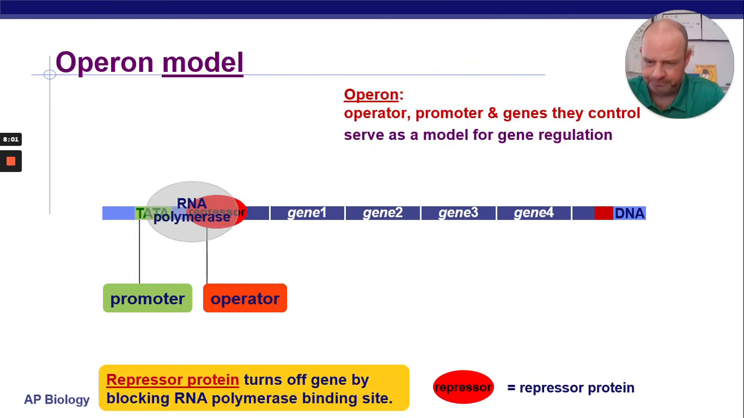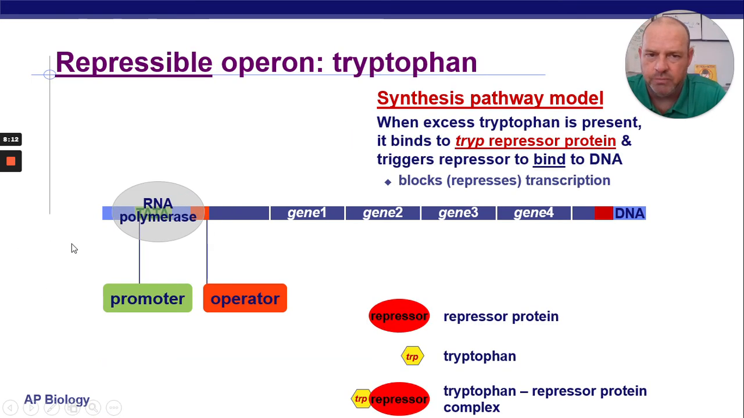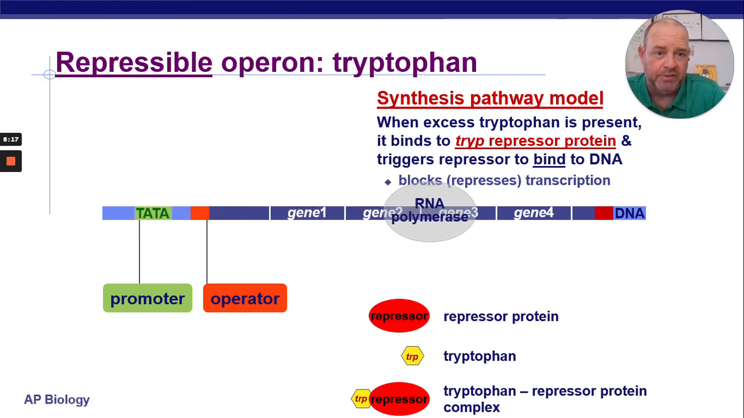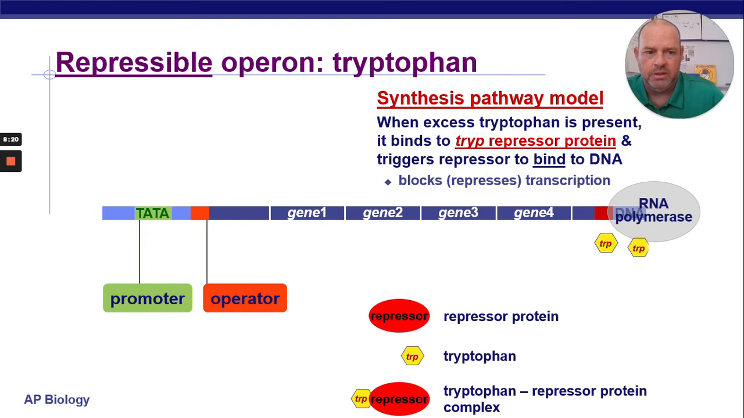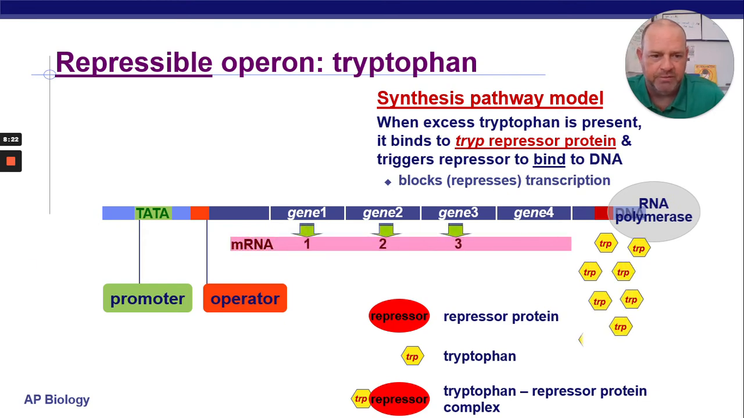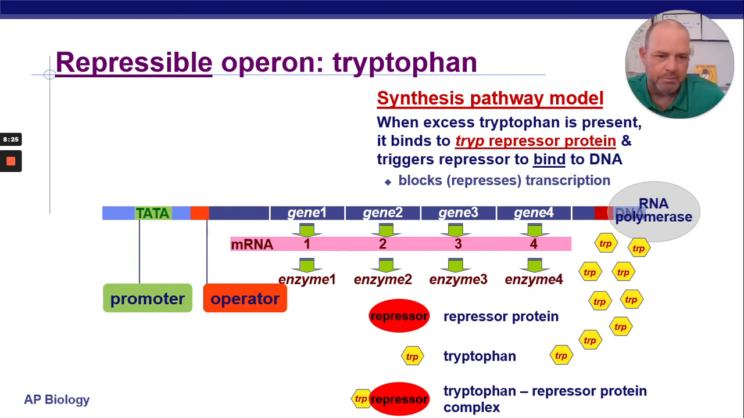Okay, so just to finish up down here, the repressor protein turns off a gene by blocking the RNA polymerase site, right? That's what the repressor is there to do. So here again is the repressible operon tryptophan pathway, right? So in this case, it's making a lot of tryptophan. So you can see all of the tryptophan being made down here at the end of the mRNA. So this is a pathway where when excess tryptophan is present, it binds to the TRP repressor protein and triggers the repressor to bind